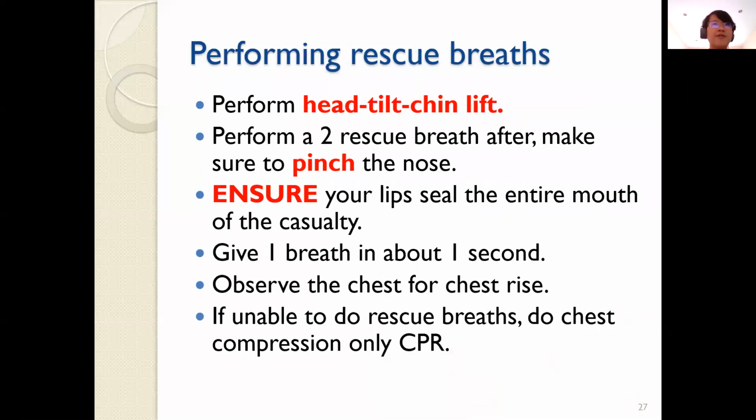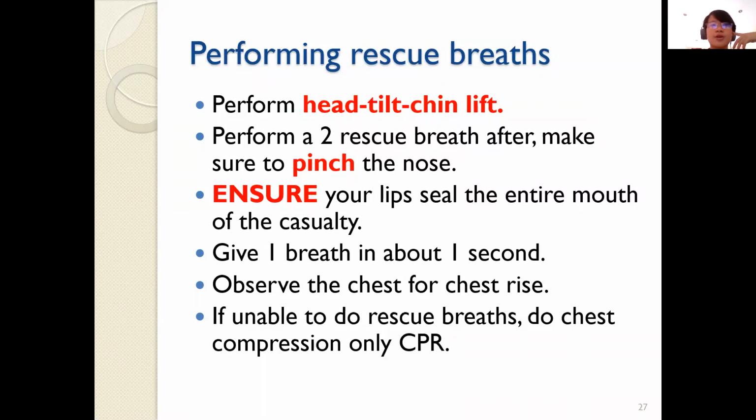Now, rescue breaths. Rescue breath is given after the head-tilt chin-lift maneuver. Open the airway, pinch the nose. Okay? And you want to ensure a tight seal of your lips around the mouth of the casualty. And when you give the breath, it is 1 breath per second. 1 breath for about 1 second,